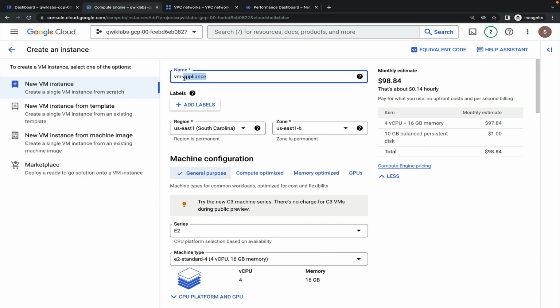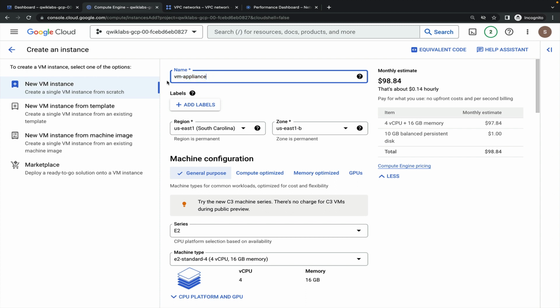So today I am going to talk about the VM appliance, and how to create a VM appliance. A VM appliance is nothing but a way to connect multiple networks. I am going to show one demo in action.